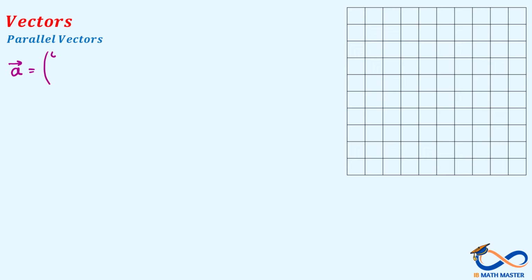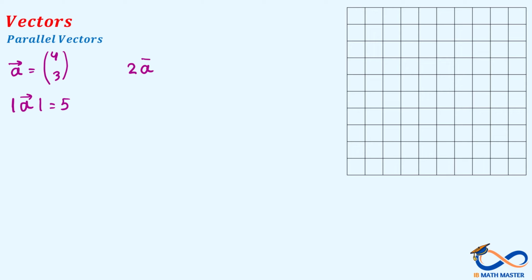Imagine that you have here vector A, which is (4, 3). If we calculate the magnitude of this vector A as we learned in the previous lesson, it will be 5, which is the square root of 4 squared plus 3 squared, and that will be 5. Now, what happens if we multiply this vector A by any non-zero constant number, like let's say, for example,